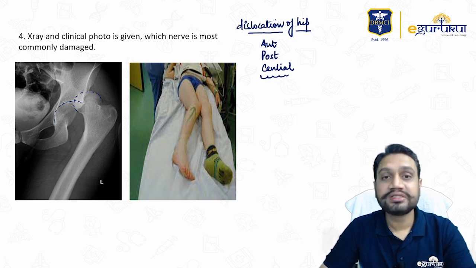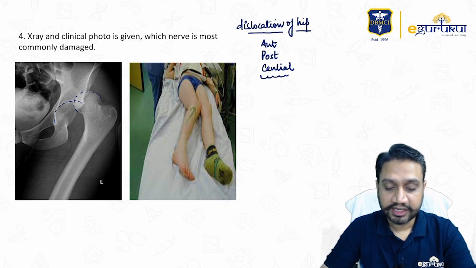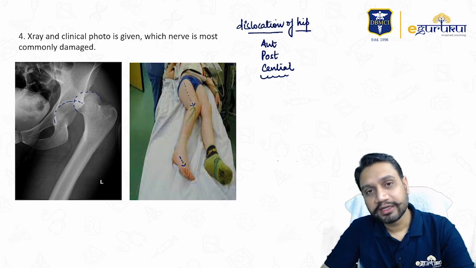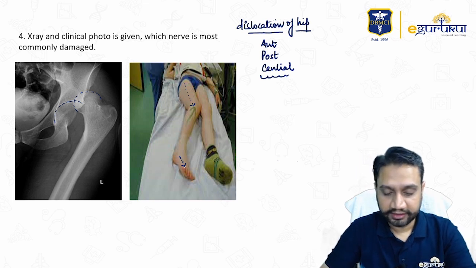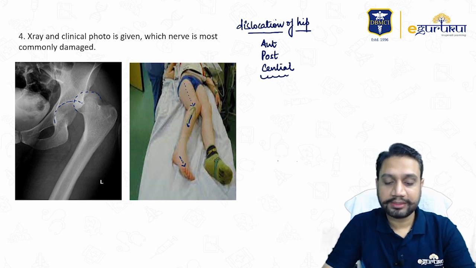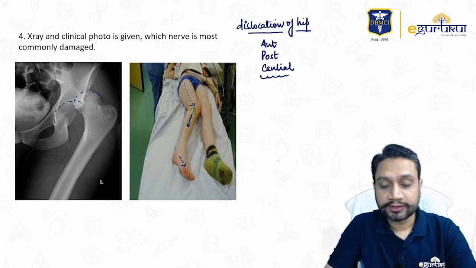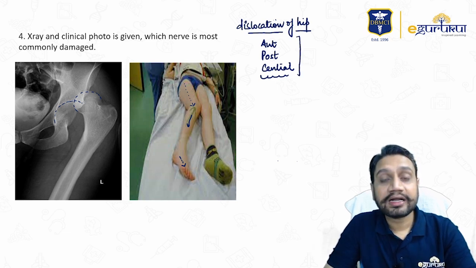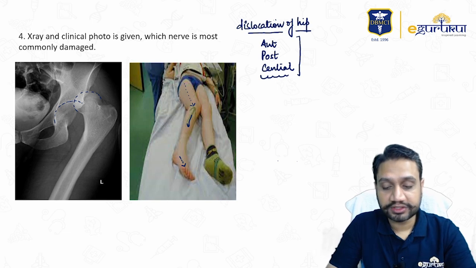Now, how do we see the posture of the limb in this image? You can see that the hip is slightly adducted and the limb is in internal rotation. The leg has been moved in. The foot is turning in, the leg overall coming in. It means it is an internal rotation of the hip. Adduction and internal rotation are part of a posterior hip dislocation.